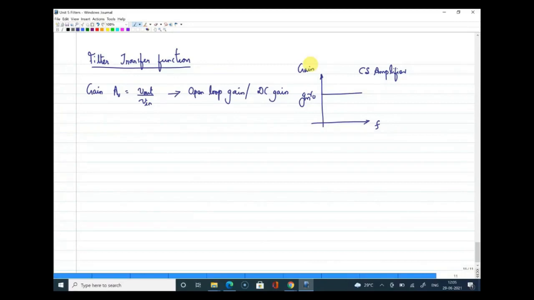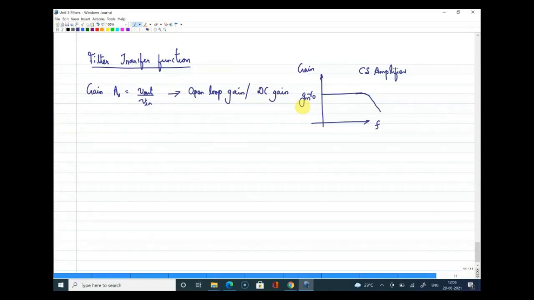No, you will not get the gain as GMR0 for all frequencies. If you look at the actual response, you will see that as the frequency increases, the response will deteriorate. It will gradually decrease, and it will fall to a value of 1 or even smaller than that, right? So whatever we are writing as GMR0 is a gain without including the factor of frequency. That is why we call it open loop gain.